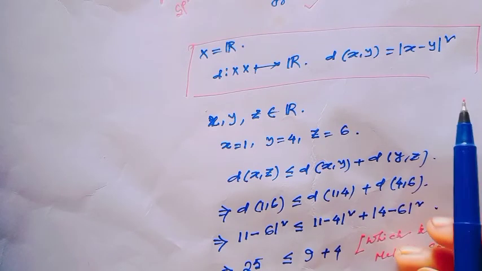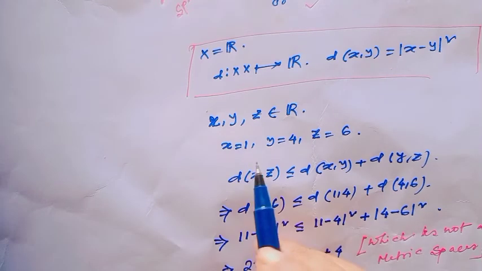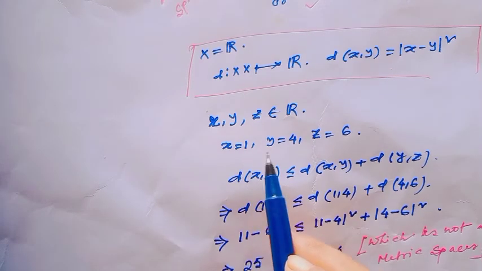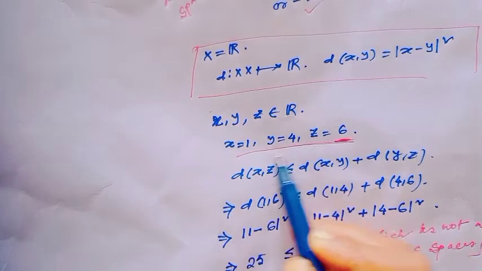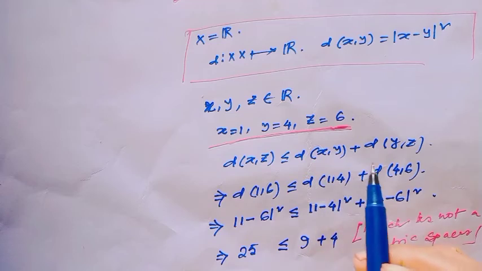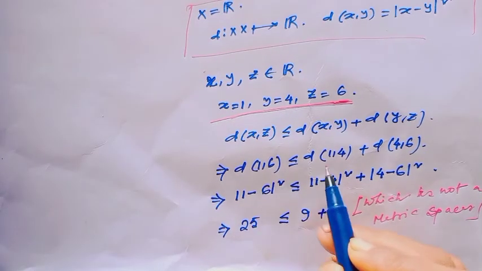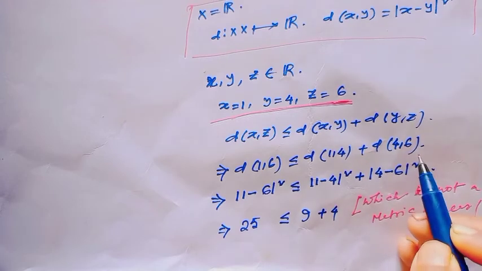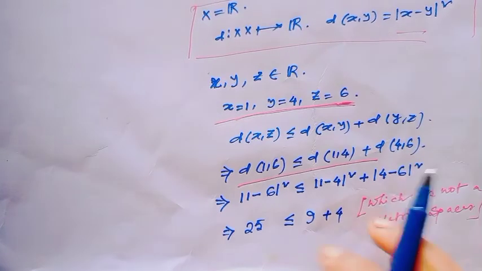This is also not a metric space, because this will obviously satisfy the positivity property and the symmetric property, but it will break the triangle inequality. For the triangle inequality, consider 3 points x equal to 1, y equal to 4 and z equal to 6. Then by the triangle inequality, we can say d of x comma z is less than or equal to d of x comma y plus d of y comma z. That means d of 1 comma 6 is less than or equal to d of 1 comma 4 plus d of 4 comma 6. Now put the values here, then this would be